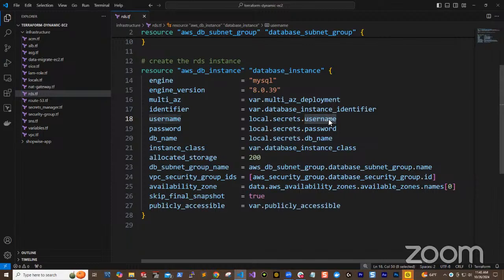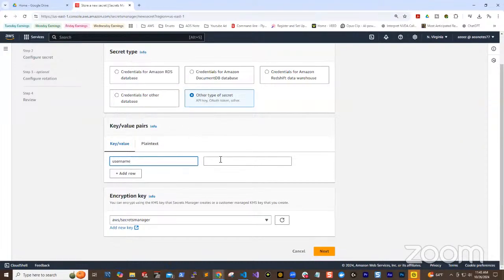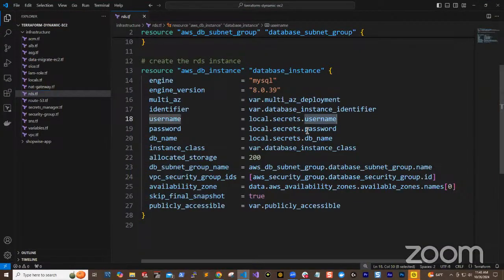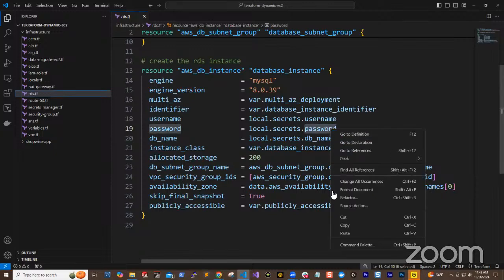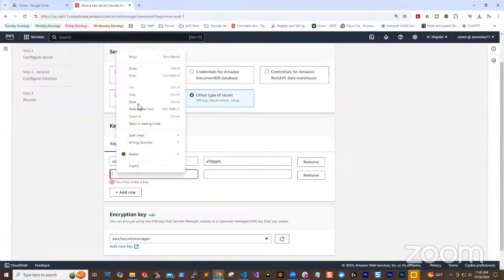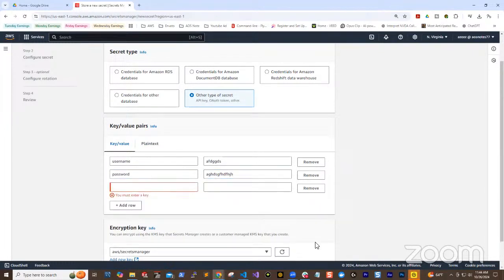So you would have to copy username, paste it here, then give it whatever name you want to give it. Then you add another row. The next secret is the password. You need this for your Terraform to work, for you to be able to deploy this, or else it is not going to work. So you paste it here, enter your password. You add another row, and